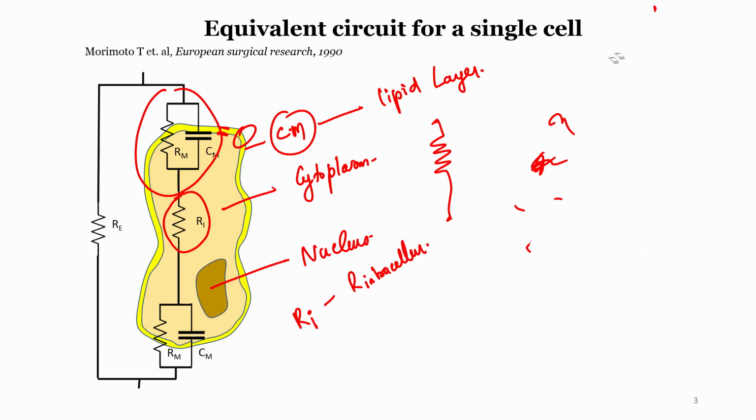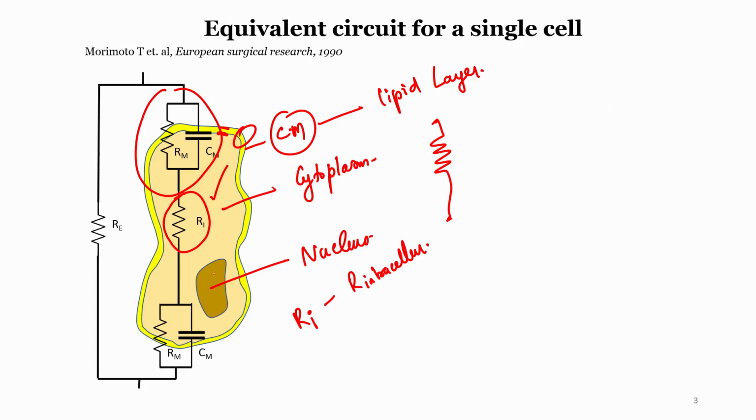I hope this is useful and you can appreciate the importance of these things, and more than appreciating it, I think you can understand the beauty of it, and how interesting this whole thing is, how biology, our basic unit of life, is getting modeled as abstract resistances and capacitors which we only play around with in breadboards, right. So that is the reason why the cell membrane is modeled as the capacitor and the resistor in parallel, and you understood the reason why the cytoplasm is modeled as a resistance, right.